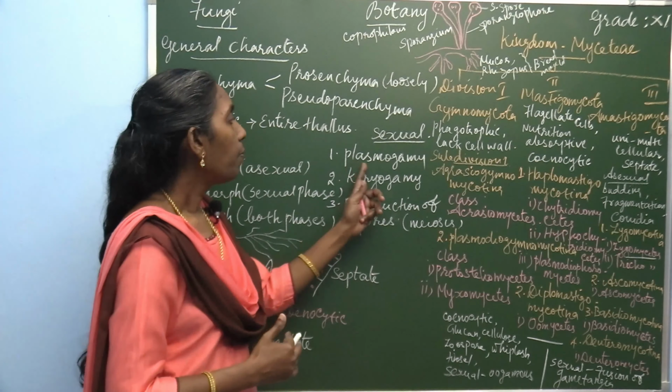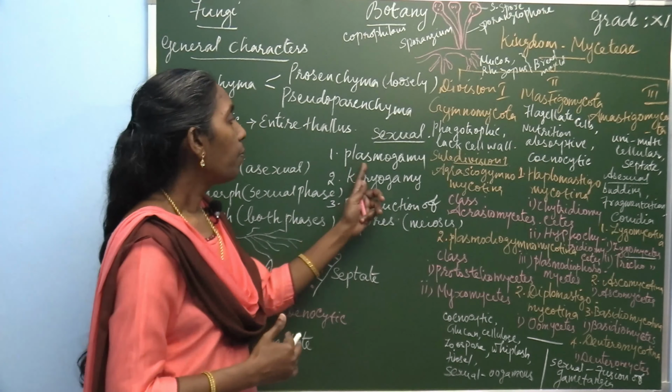Classification. The kingdom fungi is known as Mycetae. The entire kingdom of fungi is called Mycetae, which is subdivided into three major divisions, namely Gymnomycota, Mastigomycota,